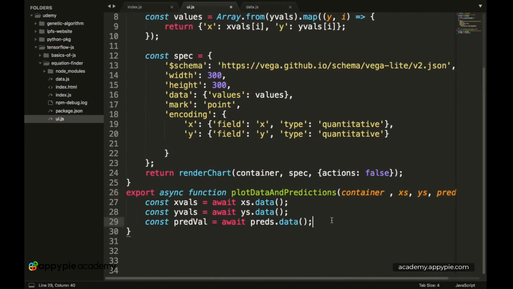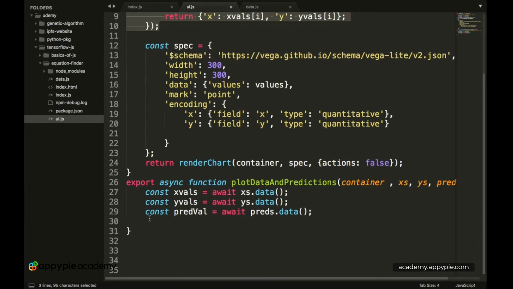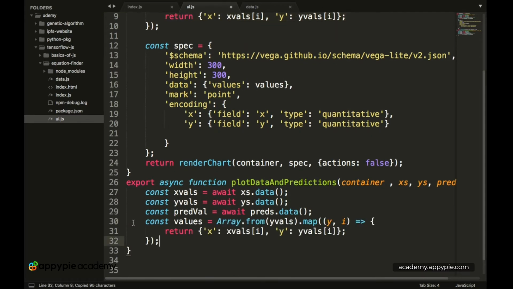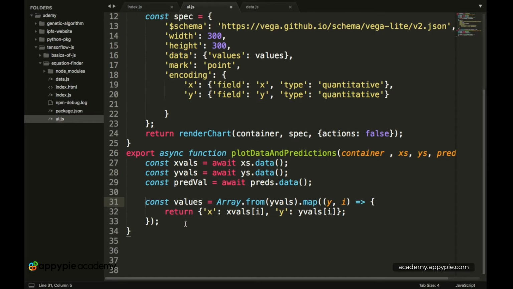So now we similarly have to create a values constant. So let's copy the values constant from here and let's paste it. Okay, and now over here we basically have to put in another parameter, which is the predicted values, because we also want to plot it on the graph.